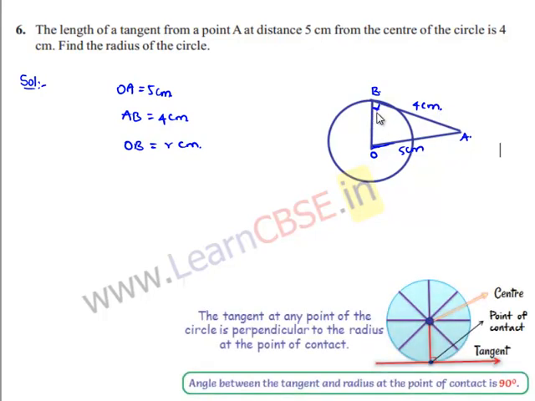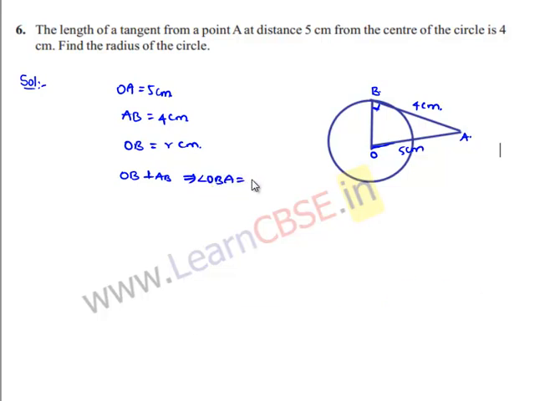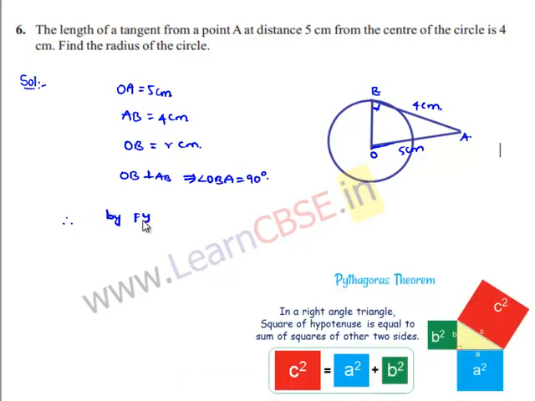In a circle, we know that a tangent is always perpendicular to the radius at the point of contact. Therefore, we can say OB is perpendicular to AB here. That is nothing but angle OBA is equal to 90 degrees. Therefore, by Pythagoras theorem, in triangle OBA or OAB,